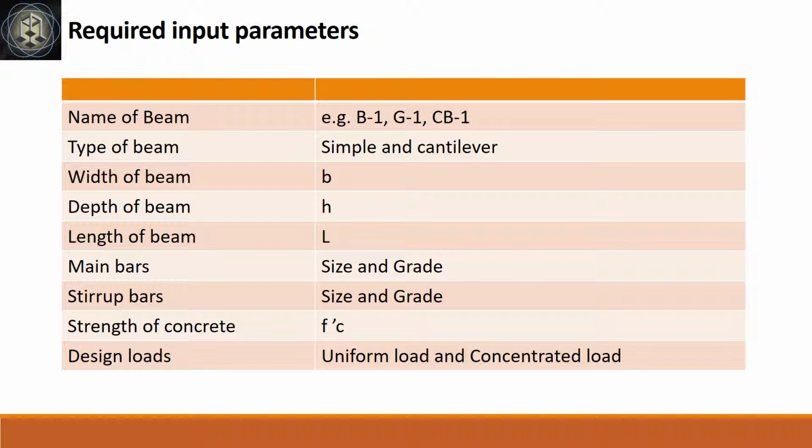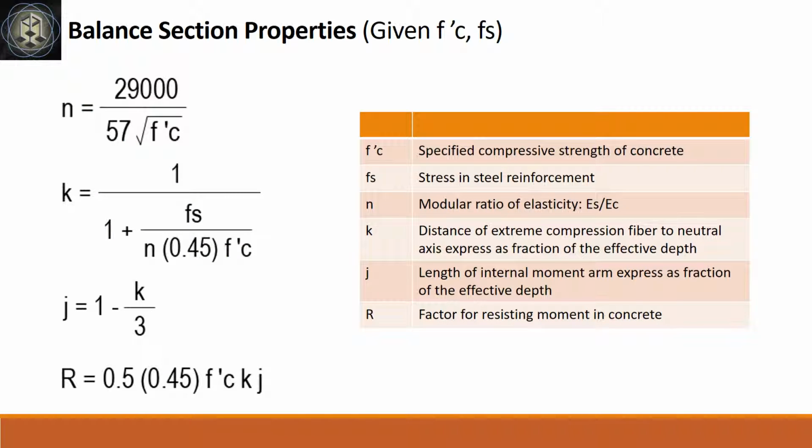Name of beam like B1, G1, CB1, width of beam, depth of beam, length of beam, size and grade of main bars, size and grade of stirrup bars, the strength of concrete used, and design loads, which includes uniform load and concentrated load. Given the fc' and fs, solve the balance section properties of the reinforced concrete design like